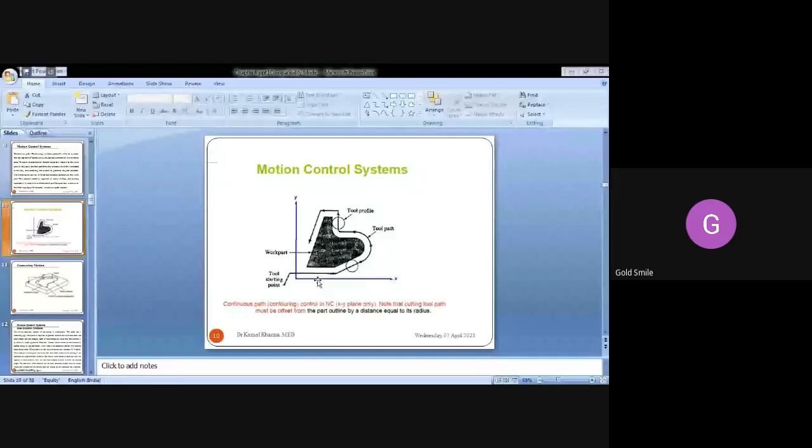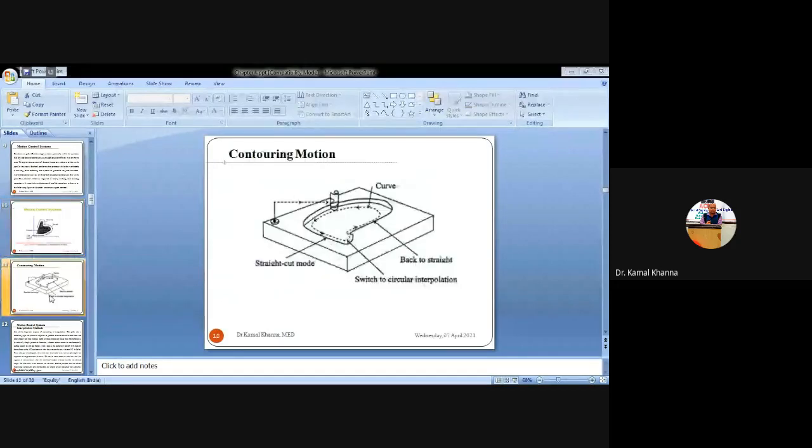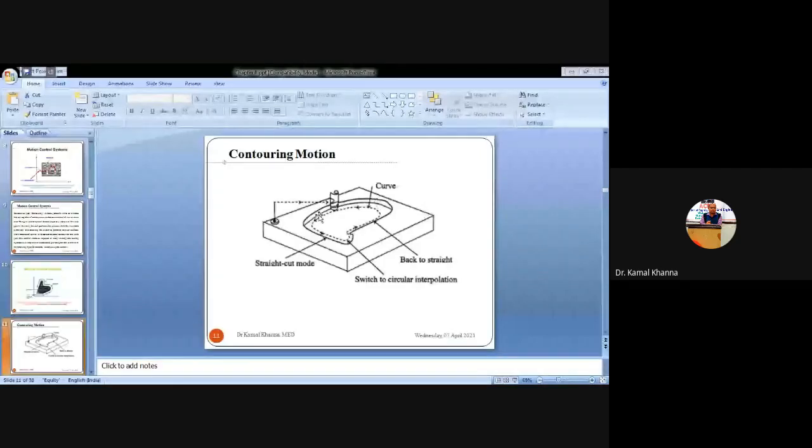हाँ जी सर। ठीक है। So similarly, we are having the continuous motion. You can see here the tool is performing the operation on the complex shape. It is performing the turning operation. You can see there is some straight movement, there is some curve movement of the tool, there is some straight cut, there is some circular interpolation also. So this is the starting point of the tool. You can see the cursor of the mouse. This is the starting point, and the tool has to move from that starting point to the point where the operation is to be performed.